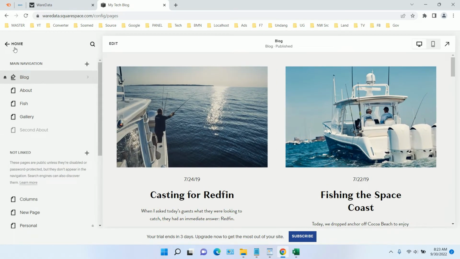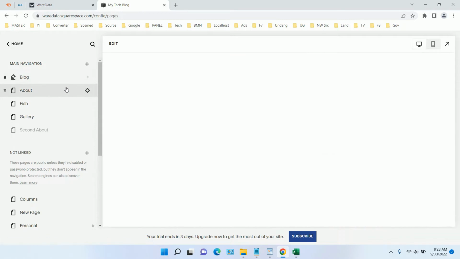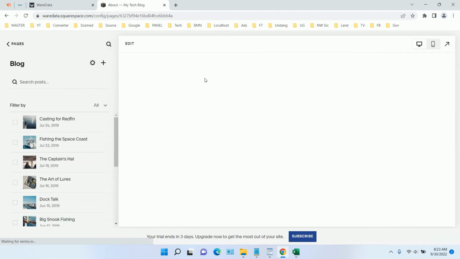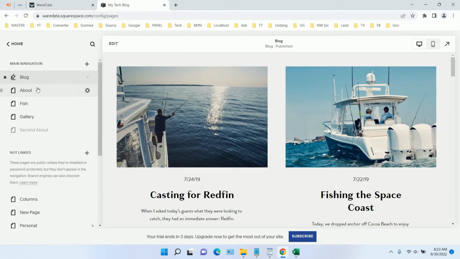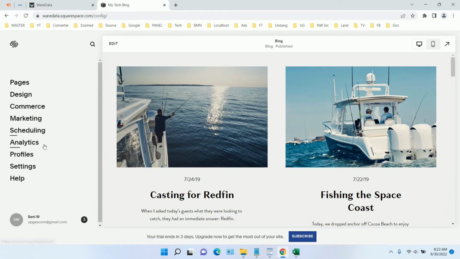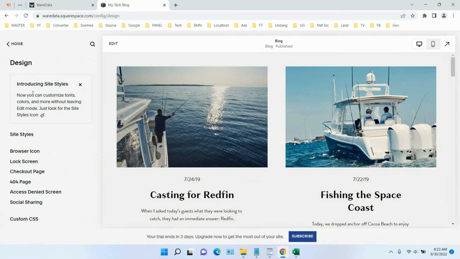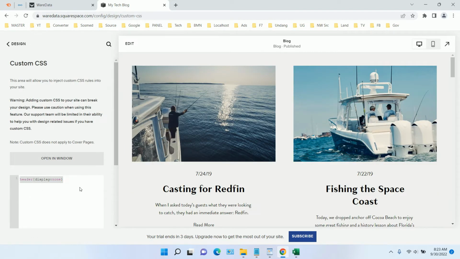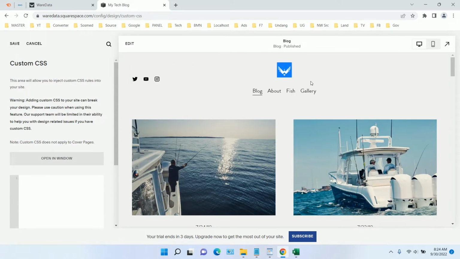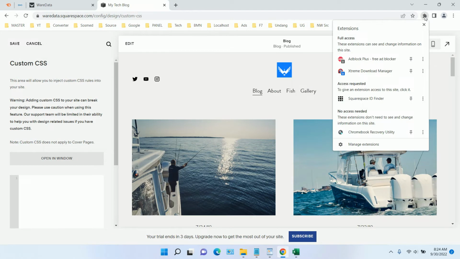But if you want, for example, the header to disappear only from the About page or some other page, we can do it easily. Go to your Design. Here, we want to remove it from the Blog page only. Just remove your custom CSS first, and after your header appears again, first you need to go to your Chrome extensions